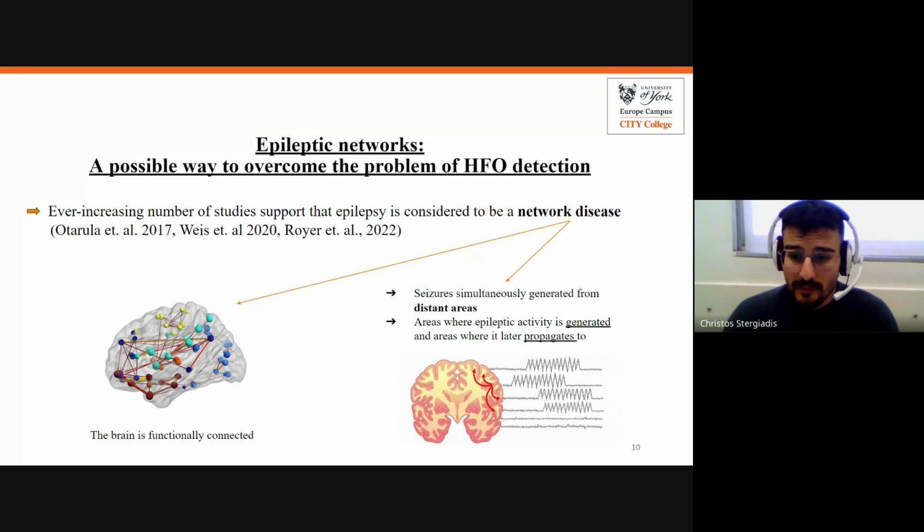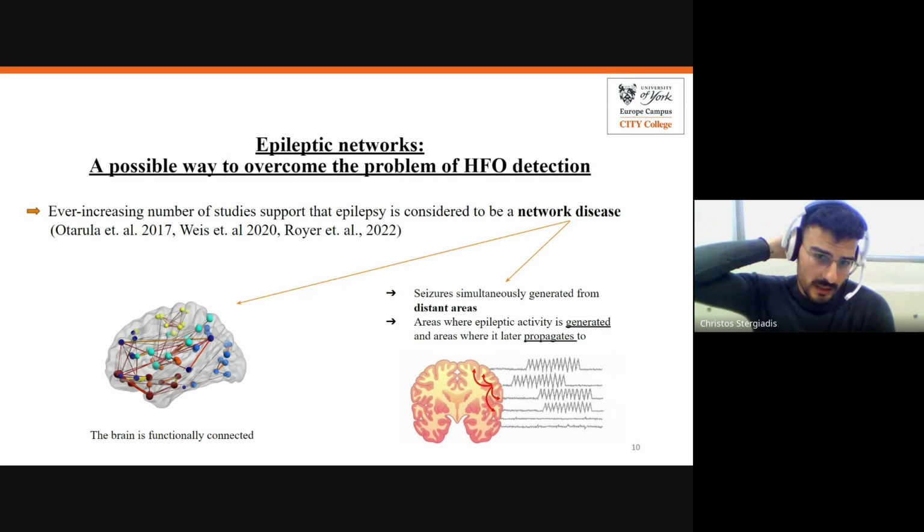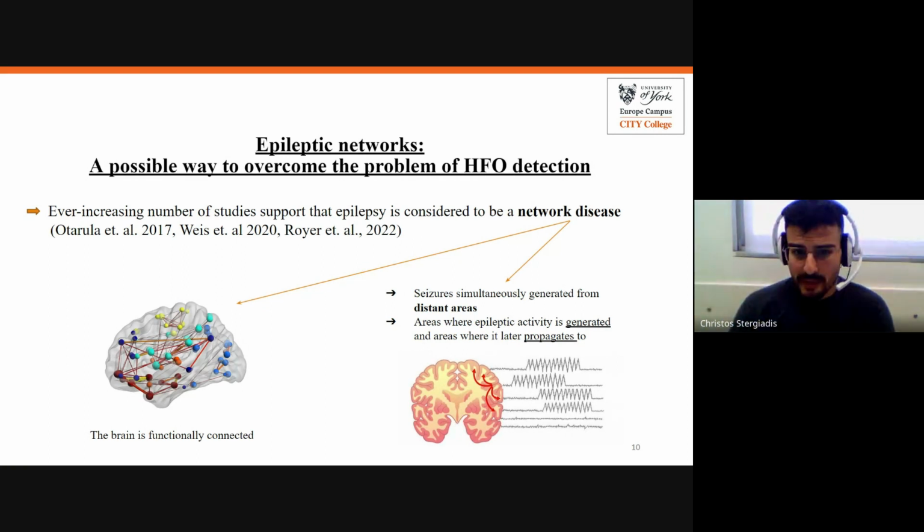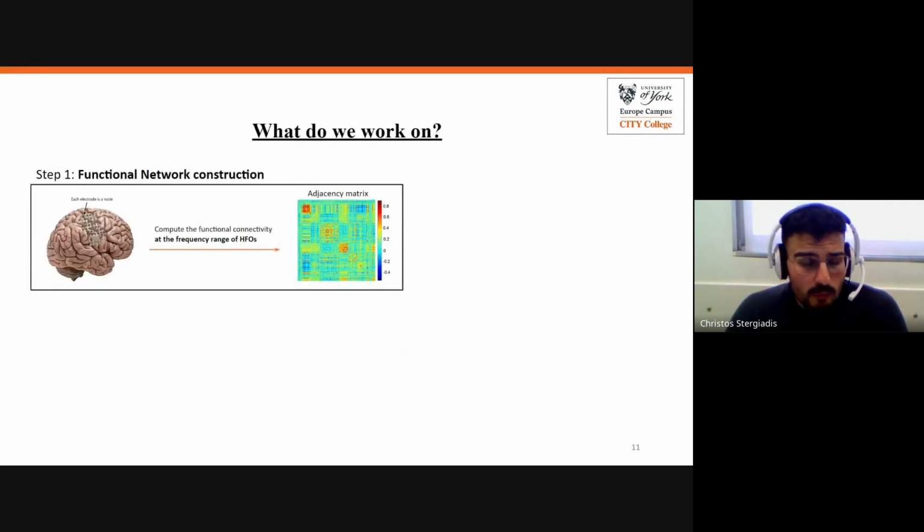Also, a lot of research found that we have areas where the epileptic activity starts. It can start, for example, from my visual cortex on the back of my head and propagate to other areas and create symptoms. Based on a lot of this research, and very recent research actually, because epilepsy networks and network neuroscience in general have recently taken a lot of attention from the research community, we decided to also embark on this journey and work with networks,